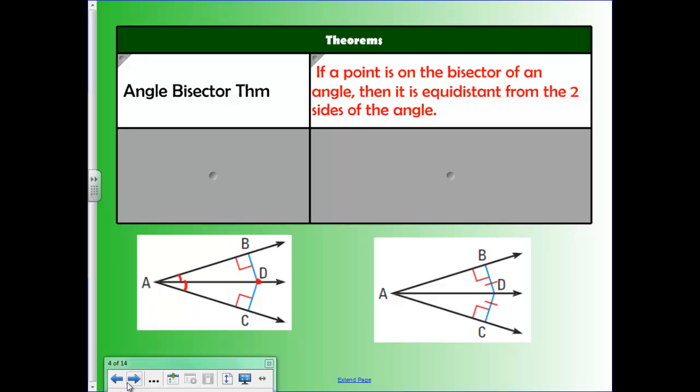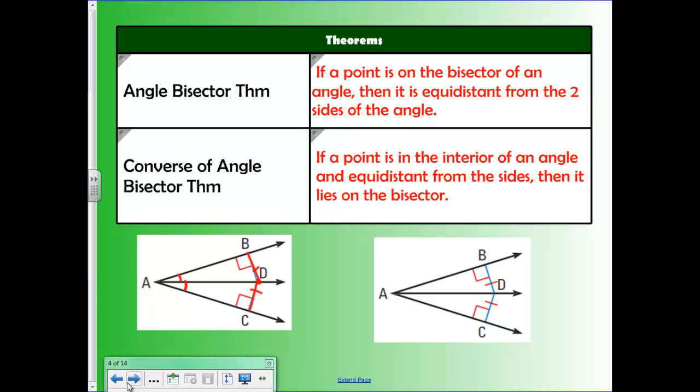I've got this point out here. If that's true, that point's on it, then this distance is the same thing as that distance. And the converse of the angle bisector theorem says this. If a point is in the interior, on the inside of an angle, and equidistant from the sides, then it